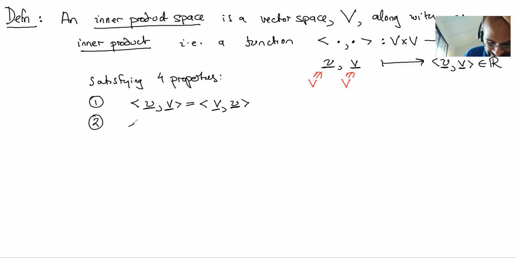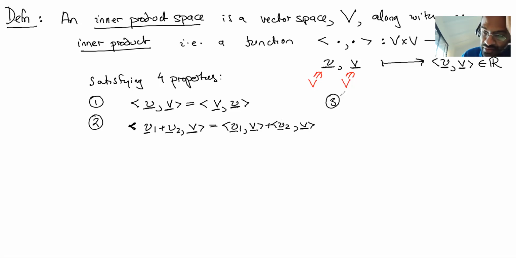Second, it's linear under addition. So the inner product of u1 plus u2 with v is u1 inner product v plus u2 inner product v. Then again, linearity under scalar multiplication. So c times, I'll call it u,